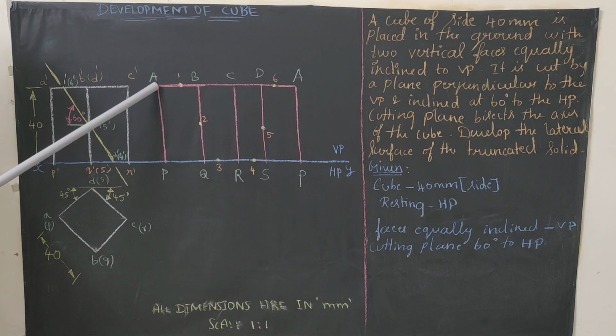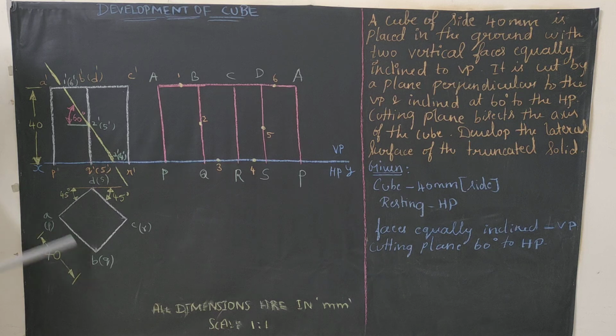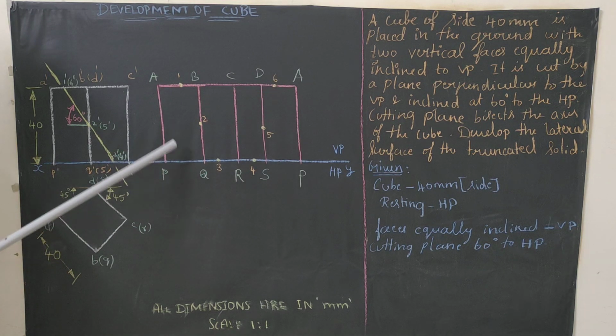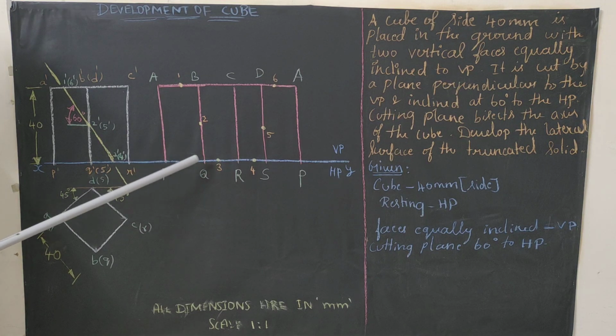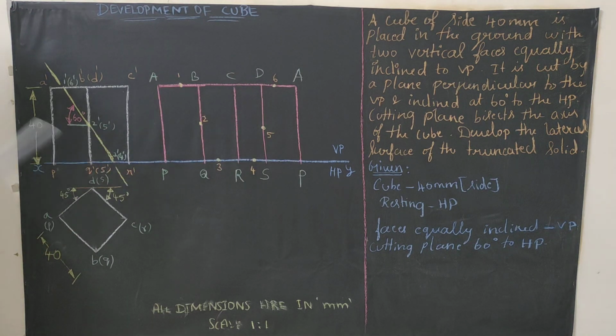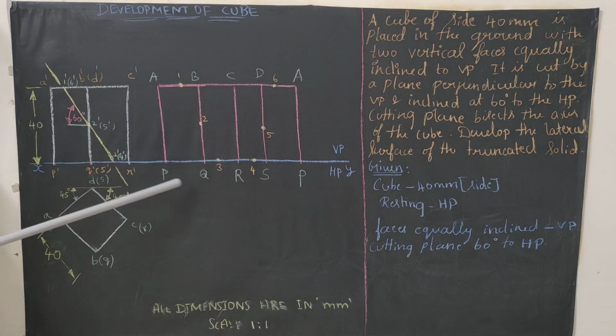So height will be 40, and how we need to determine the length of the box: one side is 40. So 40 into 4, so totally 160 mm. Okay, 40, 40, 40, 40. Totally 160 mm. So for 160 mm you draw a line and try to close it up. And you need to divide the box into 4 equal parts. So P to Q 40, Q to R 40, R to S 40, S to P is 40. So close the box, and you need to write the naming as A, B, C, D, A, P, Q, R,